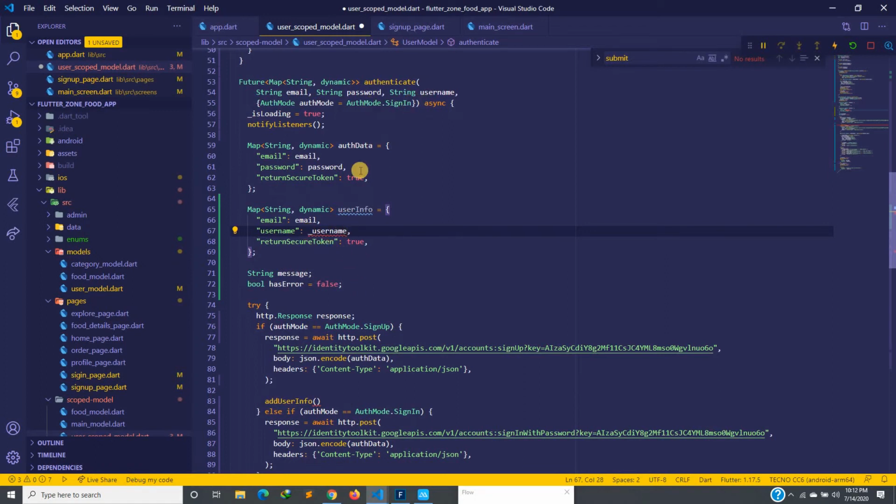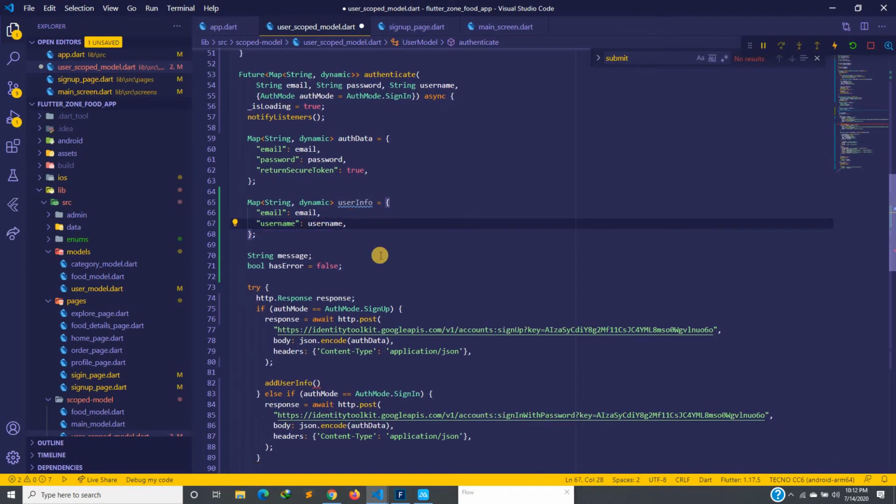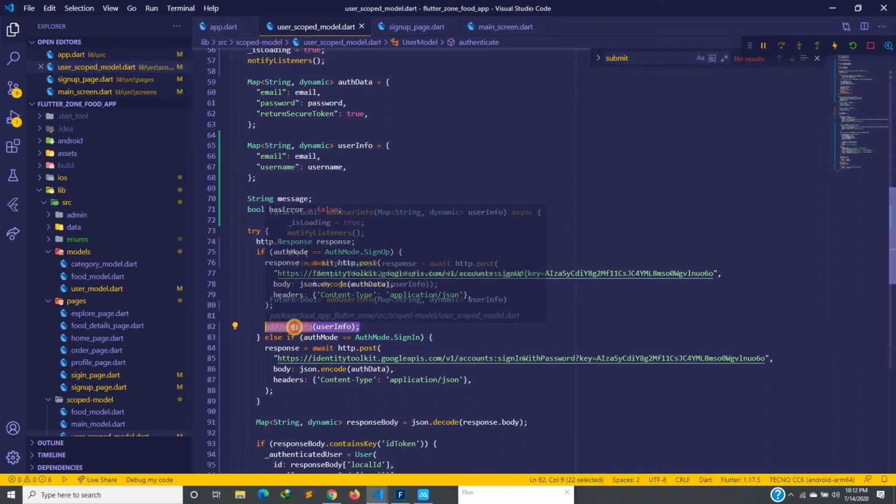Okay, username, yep, no underscore. So we have this, and then we don't need this particular information there. So now we have email and then username. We can now pass in the user info here, user info. So after signing up, we call this method, and then this method will now push in the data,